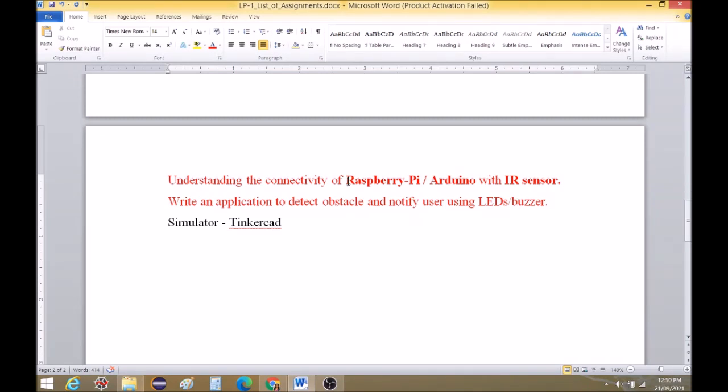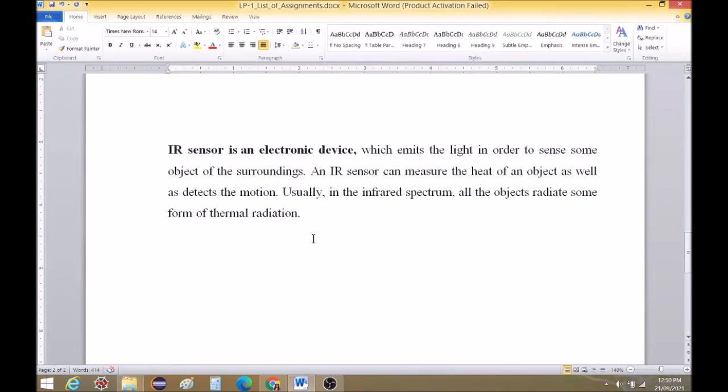The first board involved in the implementation is the Raspberry Pi or Arduino board, which allows us to program our application. These boards or microcontrollers allow us to program by using various components such as sensors, LEDs, buzzers, etc. So we can connect them together and we can experiment a lot with the boards. We'll be using a simulator. The name of the simulator is Tinkercad. So it is TINKERCAD.